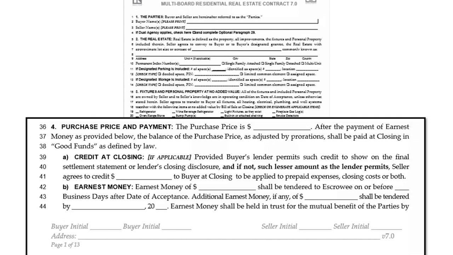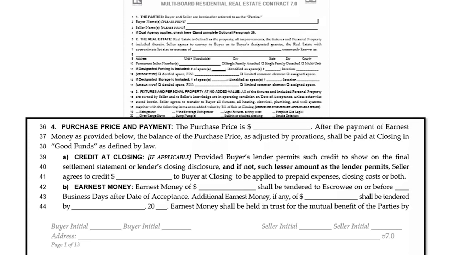Then we have additional earnest money, if any. You do not have to have 2 batches of earnest money, but you could have. So if I said I'm going to give you $1,000 worth of earnest money in 5 business days, and let's just say this is a $300,000 house we're selling, that's not going to be enough earnest money. So I would then possibly say I will bring you an additional 3,000 more, or 2,000, or 5, whatever your managing broker says is appropriate,